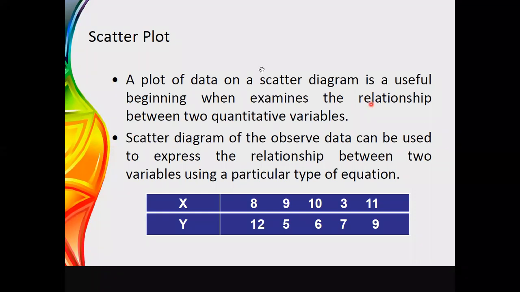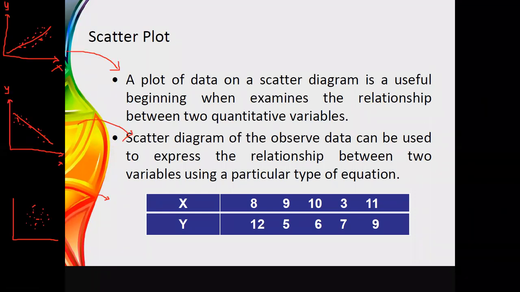In this way, you can see that there is an upward trend, there is a downward trend, and there is no defined trend. Therefore, these are some examples for the scatter plot. And when you need to construct this scatter plot, there should be a pair of values. One should be in the x coordinate and the next should be in the y coordinate. Now, using this set of data, you can simply construct this scatter plot.